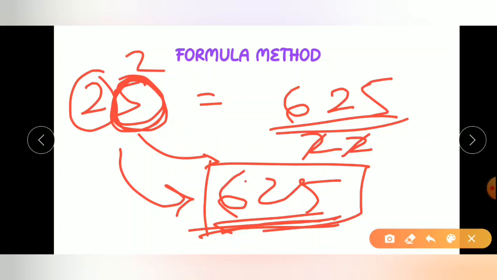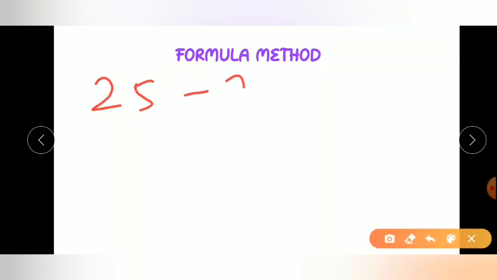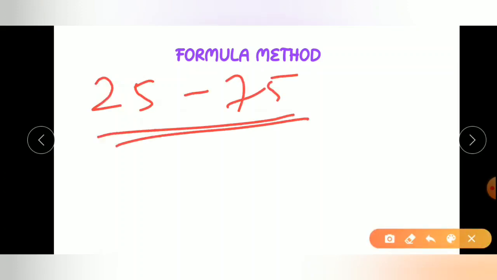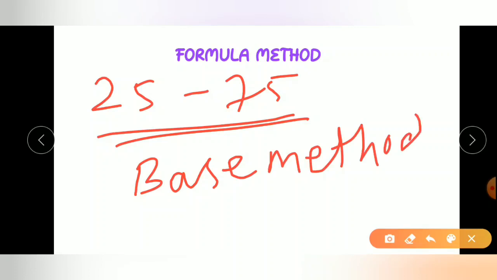In that video, we will discuss the squares of the numbers from 25 to 75 by the base method as well as our traditional formula method. Both are quick methods. Initially, when you start using these formulas, you may get some problems, but after practicing, you will get it very easily.